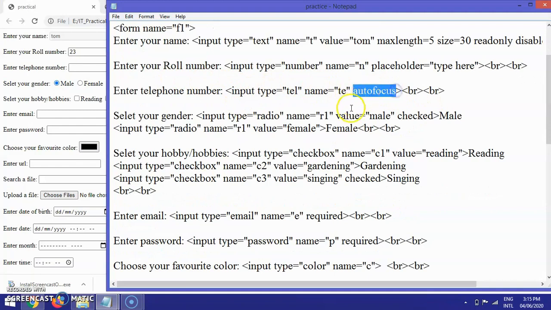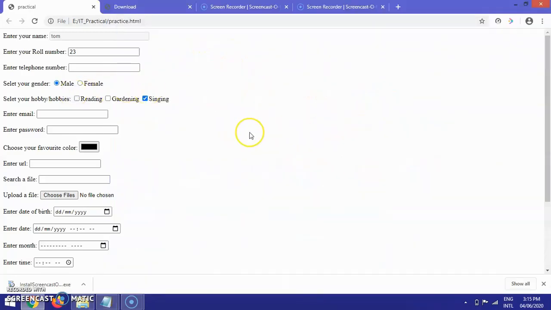Next attribute, autofocus. Okay, so I have given the third field. This is the third field. I'm putting autofocus over here, no value to the autofocus, and I'm refreshing it. See, this is disabled, so at least the cursor must point at the second field, but the cursor is pointing at the third field.